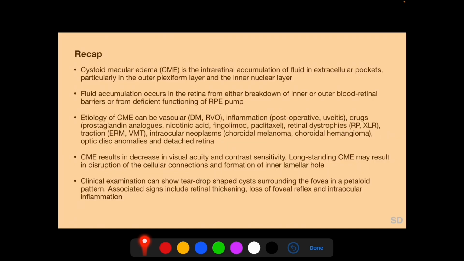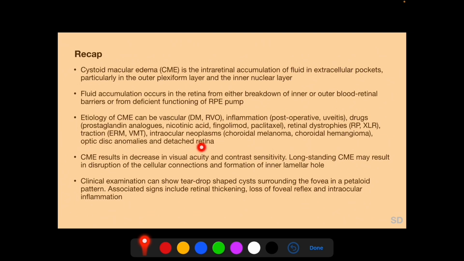To recap the salient points, cystoid macular edema is the intraretinal accumulation of fluid in extracellular pockets, particularly in the outer plexiform layer and the inner nuclear layer. Fluid accumulation occurs in the retina from either breakdown of inner or outer blood retinal barriers or from deficient functioning of the RPE pump. Etiology of CME can be vascular, inflammation, drugs, retinal dystrophies, traction, intraocular neoplasms, optic disc anomalies,